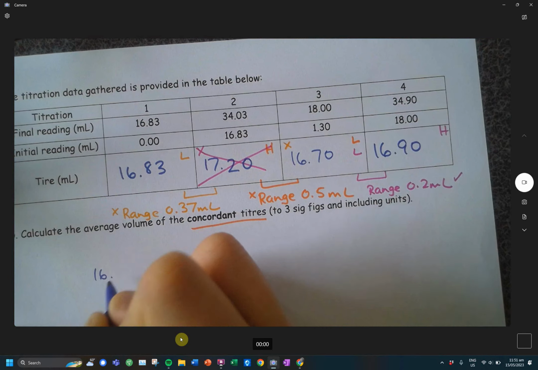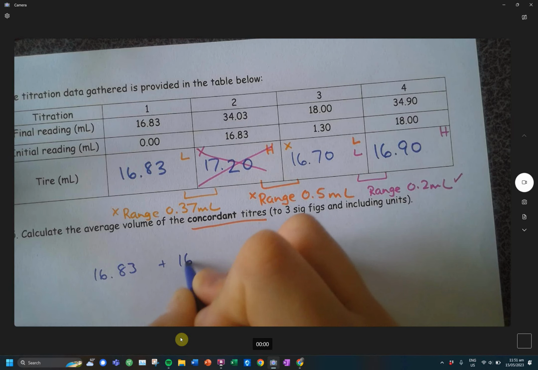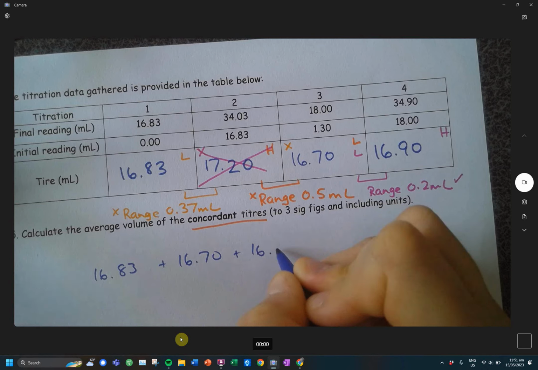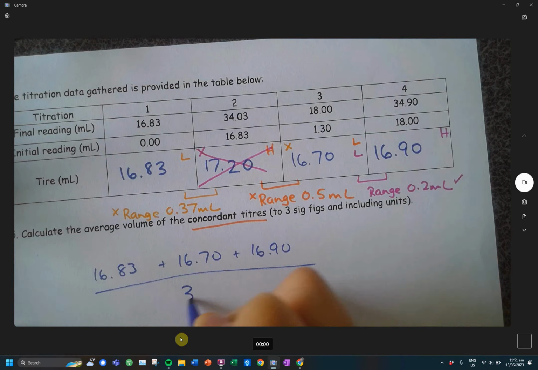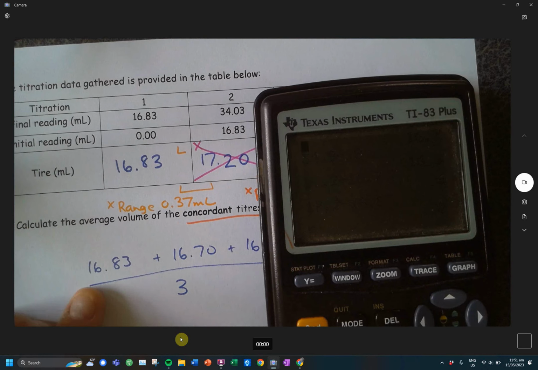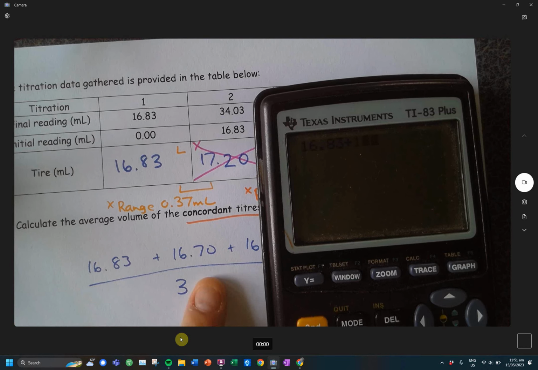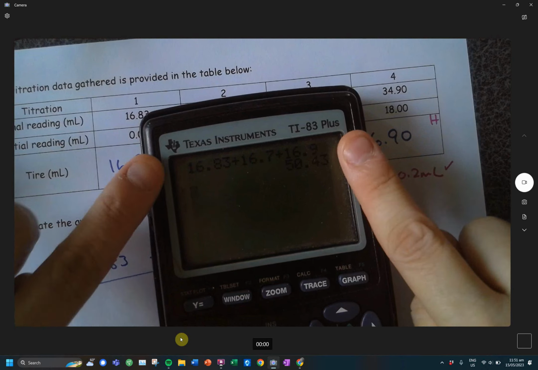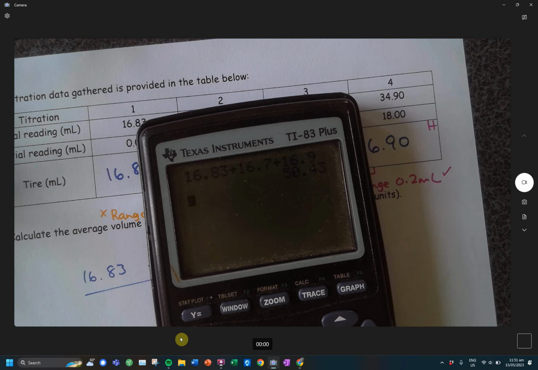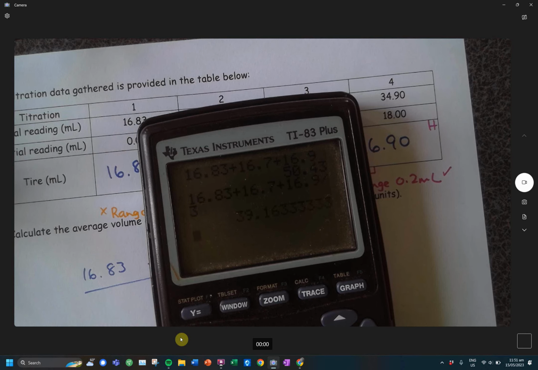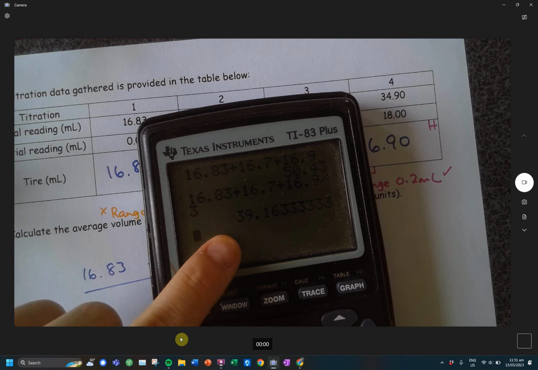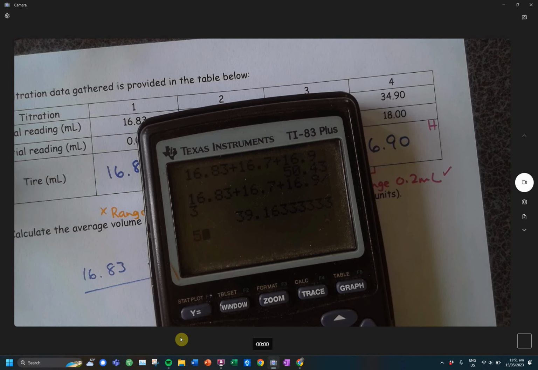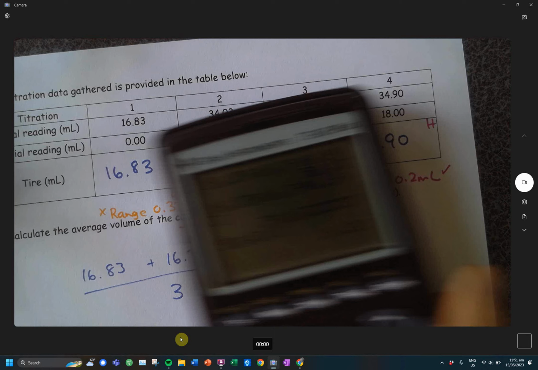So 16.83 plus 16.70 plus 16.90, and then divide that by 3 to get our average volume. Make sure you're watching what you're doing. Add all those numbers together, then divide. I've seen people do stuff like this and then do divide by 3, and they get a really weird number. Like 39 is not in the middle of those 3 numbers. Anyway, so 50.43 divided by 3 is